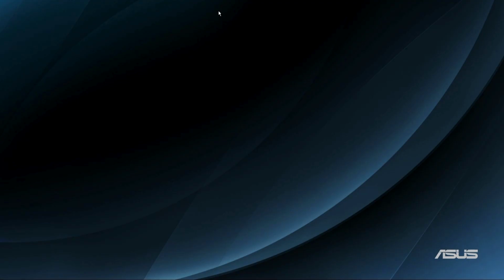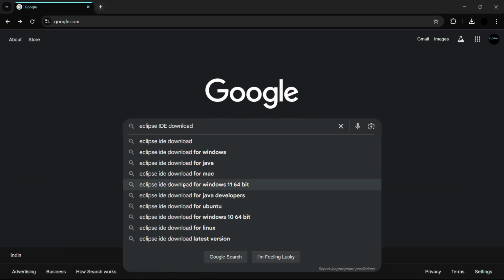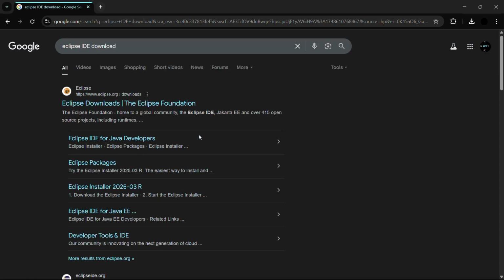So the first thing that you need to do is head on towards any web browser of your choice, be it Google Chrome, Microsoft Edge, Mozilla Firefox, or any other web browser of your choice. For the sake of this demonstration, I will be using Google Chrome. So simply open the web browser that you have chosen and search for Eclipse IDE download. And once you have searched for this exact term, simply hit the enter button and you can see the following